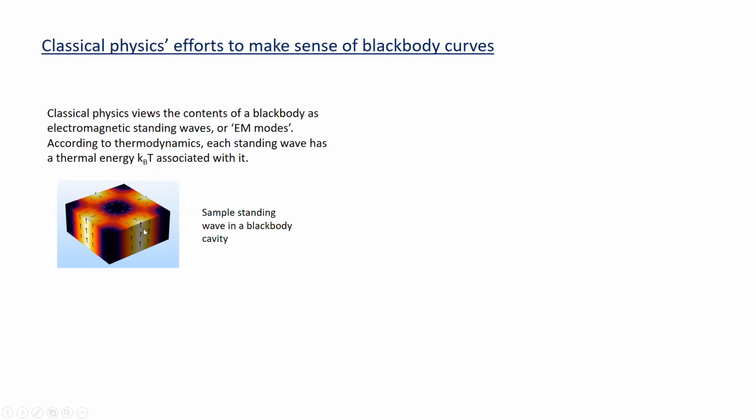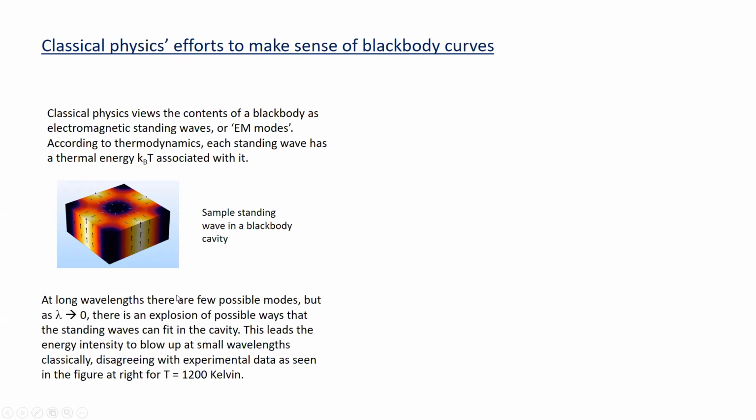And each standing wave here has 2 degrees of freedom, because the electric field can point either up and down or left and right. So this is a sample standing wave. At long wavelengths, like this one, the wavelength is pretty long because it doesn't go through many oscillations. There are fairly few possible modes, but as the wavelength gets smaller and smaller, as these oscillations get